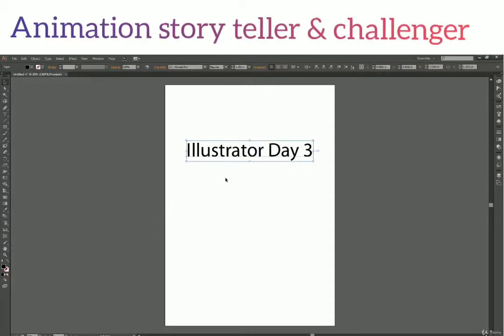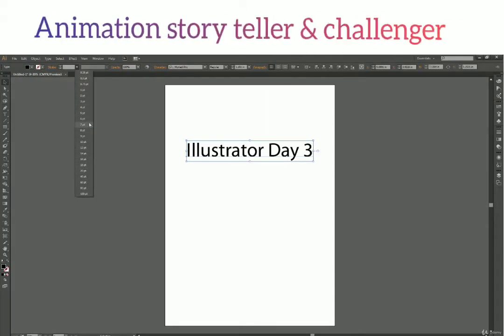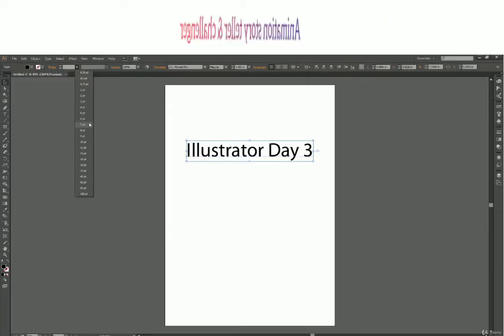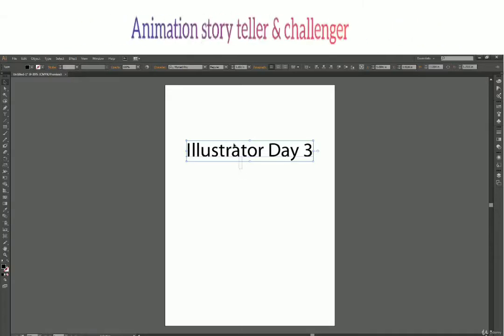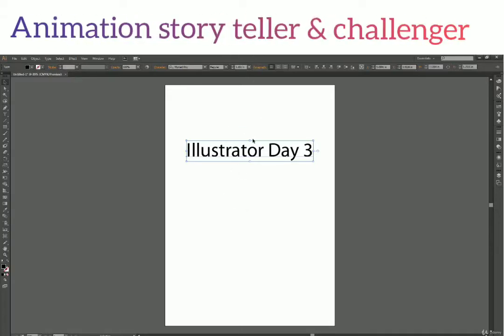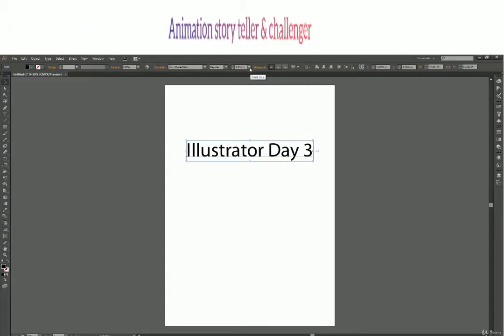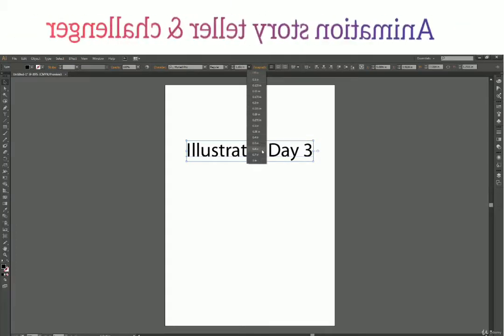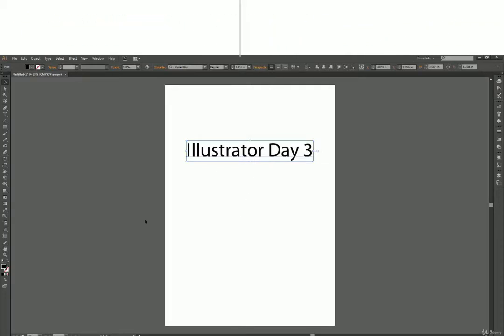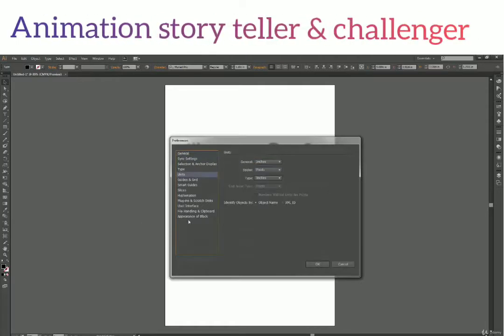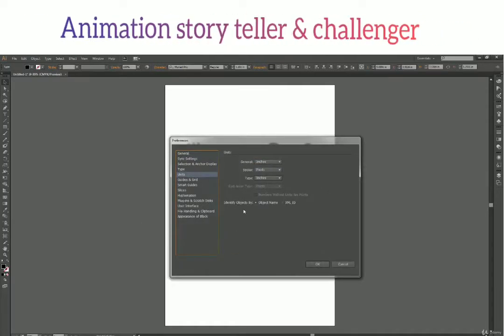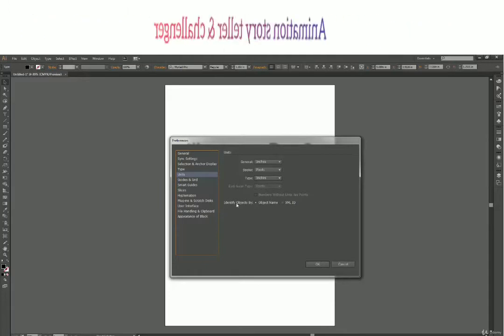It's only with the stroke which doesn't reflect values over here when we change the unit to pixels. I think it's some kind of bug. But anyways, we'll move on. Let's get back to type. So here we have our values and units change. Alright, so now go back to units.